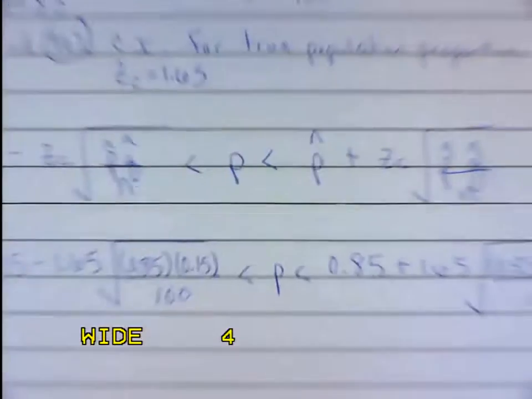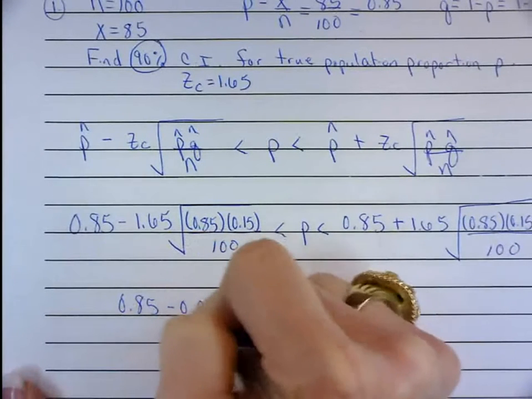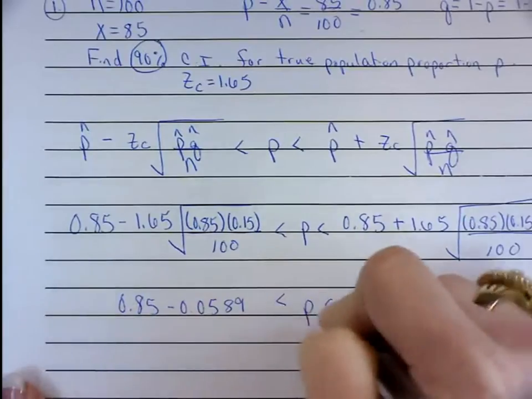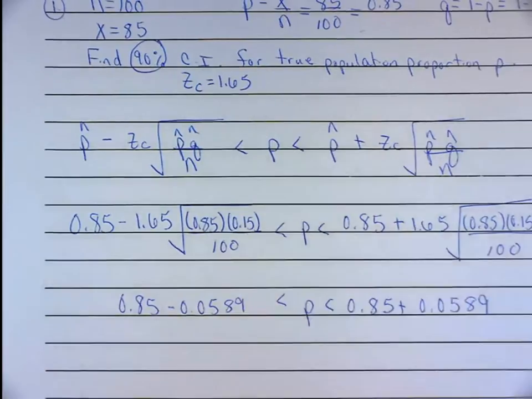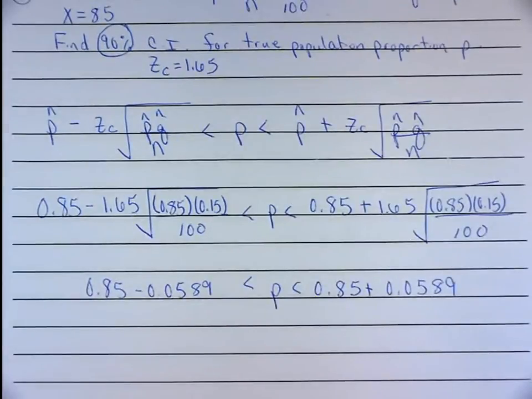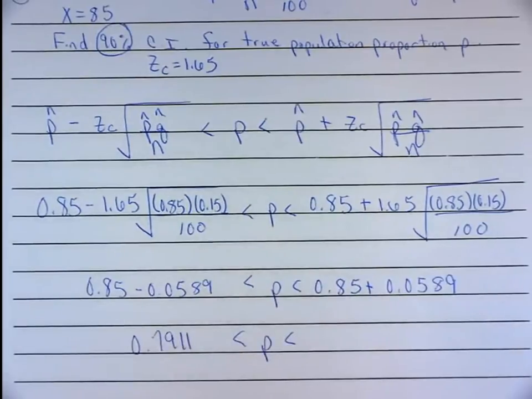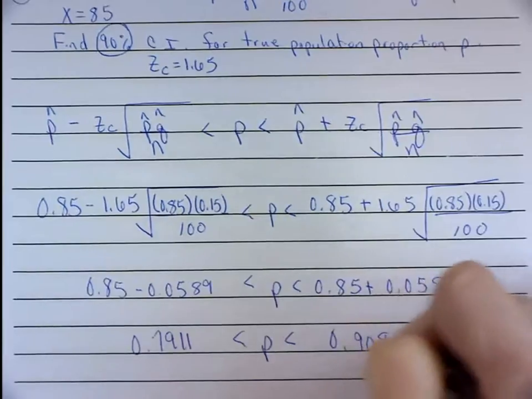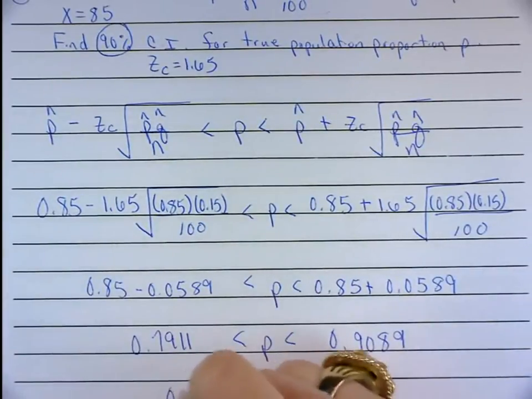Regardless of how you do it, and you just have to practice, you get 0.85 minus 0.0589 less than P less than 0.85 plus 0.0589. And this is where you'll subtract from and add to, and the final answer is given to 3 places accurately. That's 0.7911. And this is 0.9089. The textbook says with these proportion intervals round to 3 places accurately, 0.791